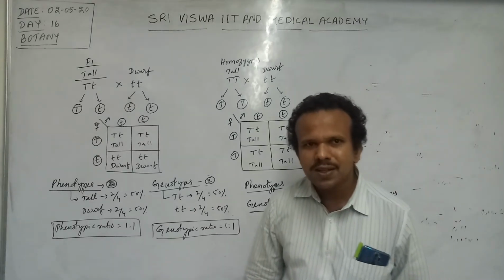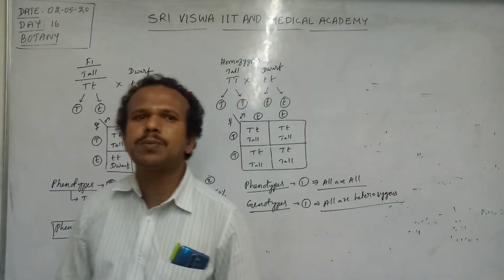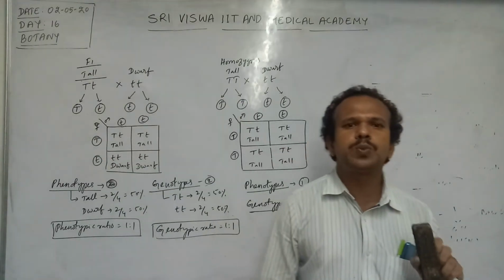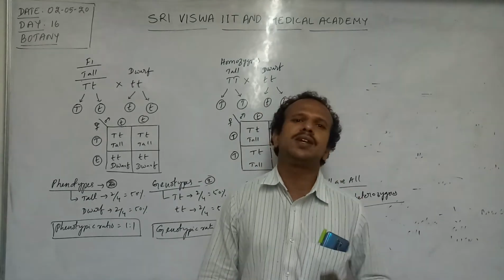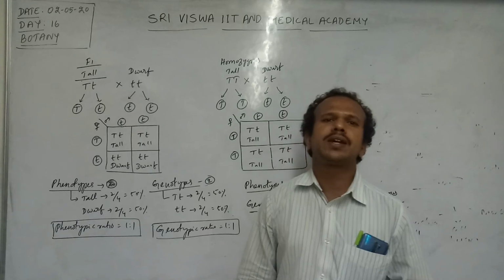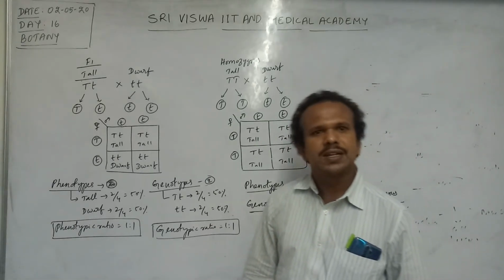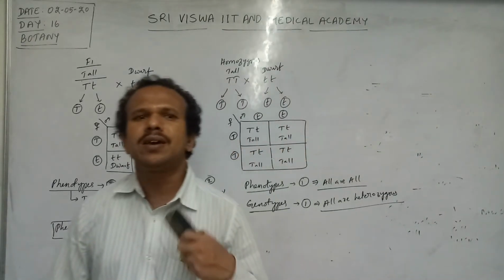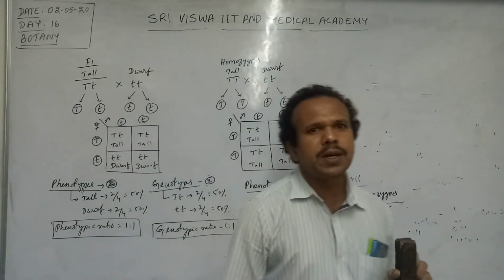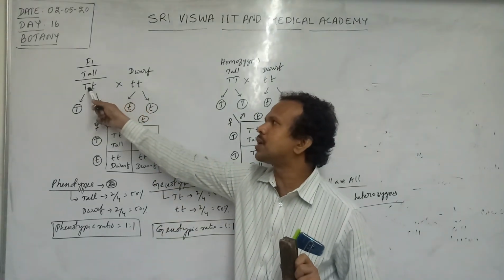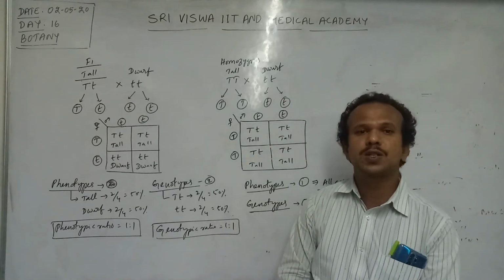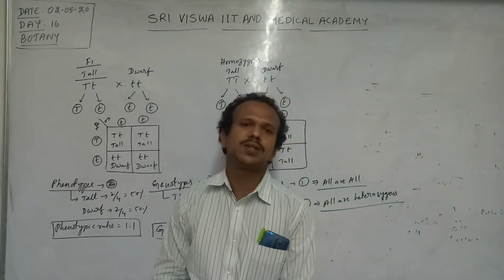What is test cross? Monohybrid cross is a cross which is made between two parents differing in single trait. Then generally in monohybrid cross there are two other types, test cross and back cross. Test cross is a cross made between F1 hybrid with recessive parent. F1 hybrid means with the genotype capital T small t. This is the standard definition for test cross. The cross made between F1 hybrid with the recessive parent.